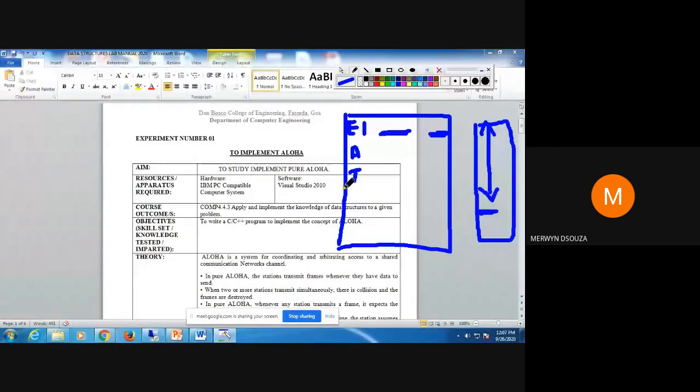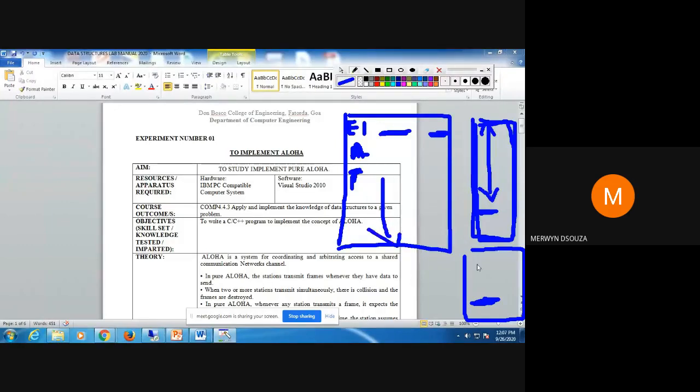Okay. So after you put your aim, theory, then your program with the output, and your last page, you're going to write your conclusion. Your theory may continue from here and continue up to here. I don't want you to write many pages of theory, but you can write theory that will be useful for you to study for the exams. Do it like taking notes.